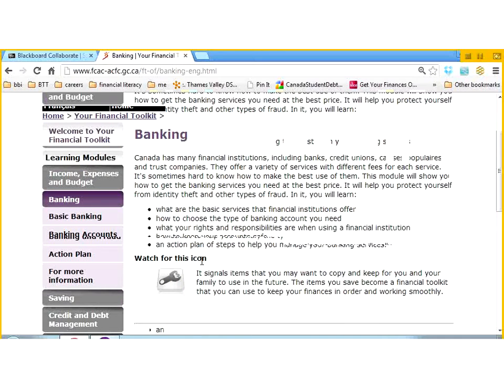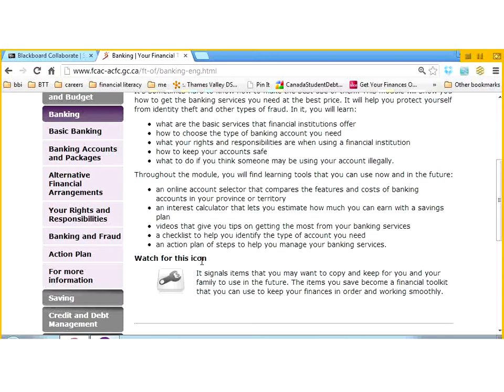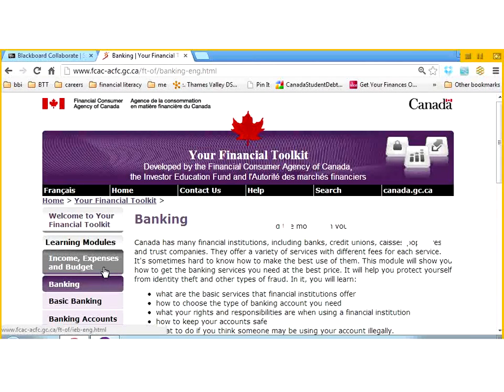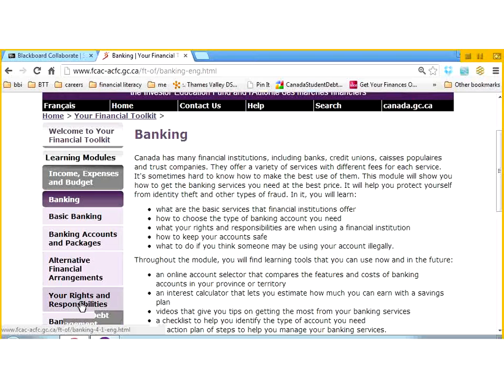And all these things you see to your left is basic banking, banking accounts and packages, alternate financial arrangements. That all comes to you in a little folder for them to actually use. So it's not a bad thing. The other thing nice about this